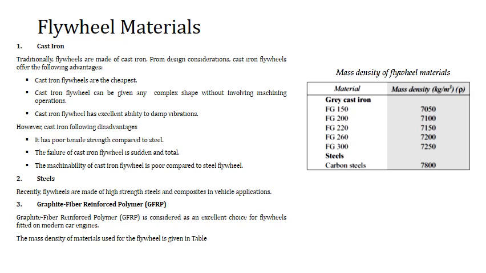are it has poor tensile strength compared to steel. Secondly, the failure of a cast iron flywheel will be sudden and total. It will not fail in a gradual manner, where it generates some crack first, then the crack propagates more, and then it fails after some period of time. This does not happen with cast iron, and this is one of the major disadvantages of cast iron.